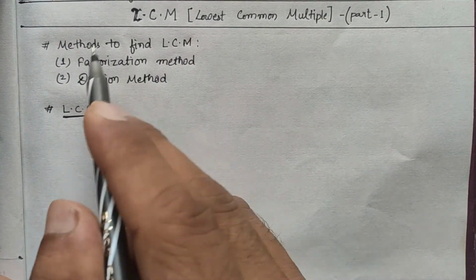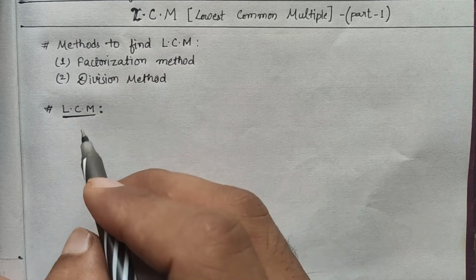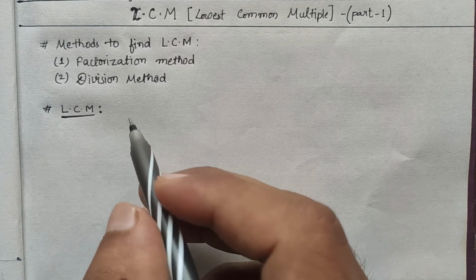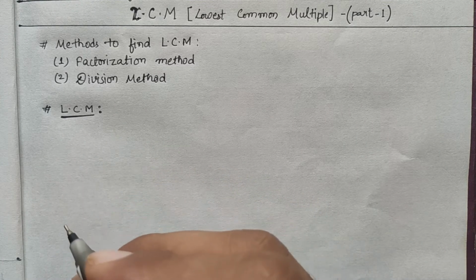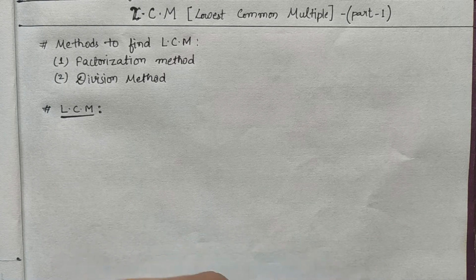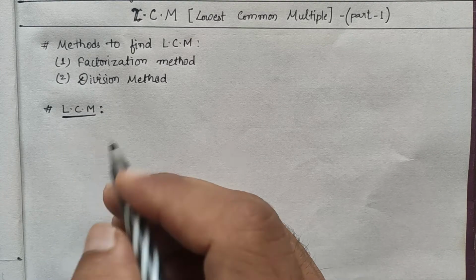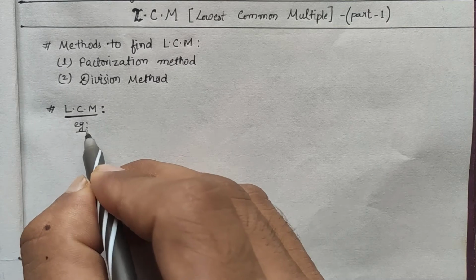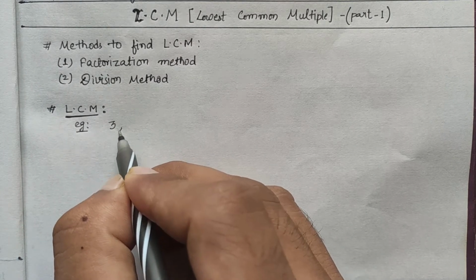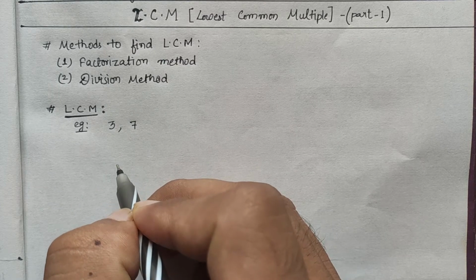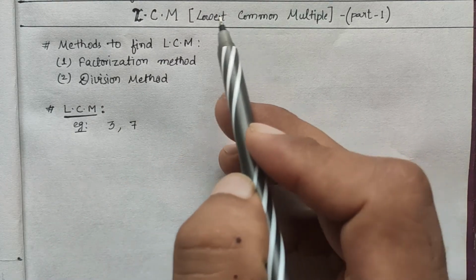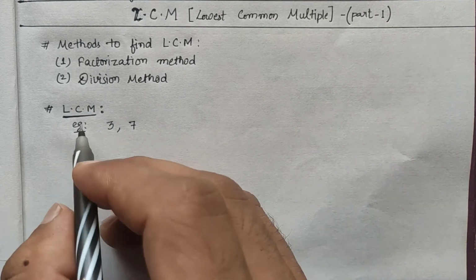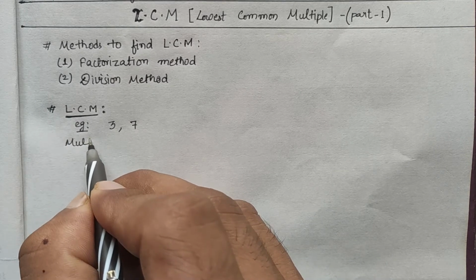But before moving on to how to find the LCM, we have to know about the LCM. Most of you know how to find the LCM, but you do not know what it exactly means. So I will describe it with an example. For example, you have to find the LCM of 3 and 7. As per the definition, it is lowest common multiple. So you have to write the multiples of 3 and 7. So multiples